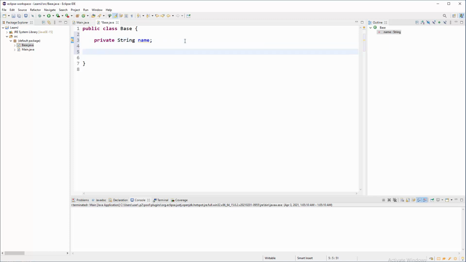Now, how are we going to set a value for this name, for this, let's say, container? Well, we must use a dedicated method, and that method is a setter. You're gonna run into getters and setters all over the place on the internet and in YouTube tutorials. So this will be a publicly available method. So name is private, but you must have available methods to set a value in here and to grab stuff from it. So public,